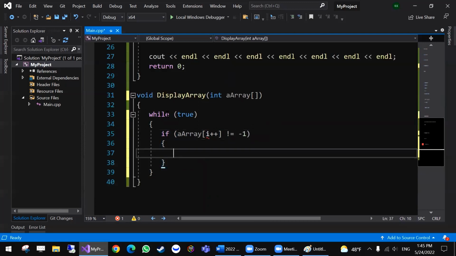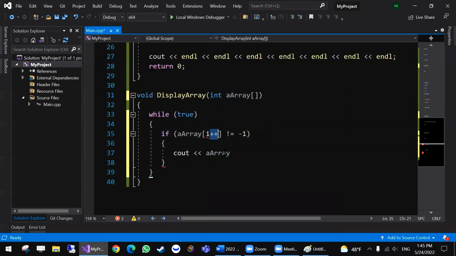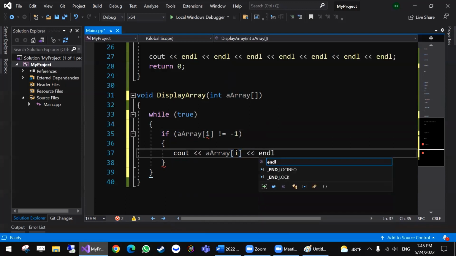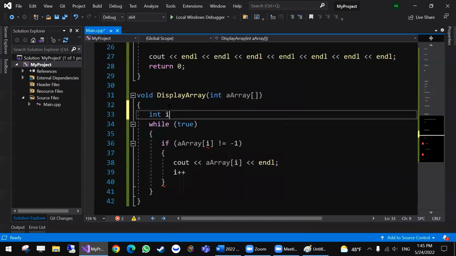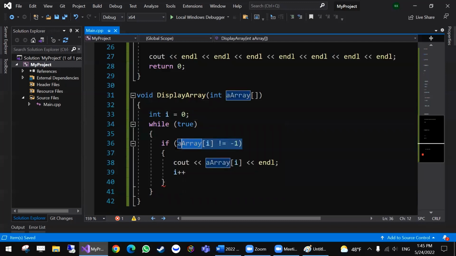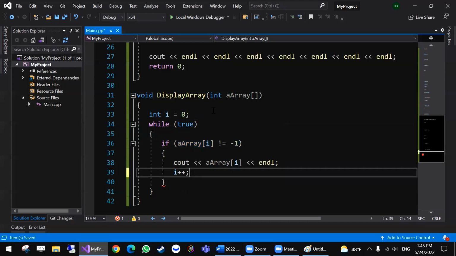If that is the case, then display a array. Oh, I can't do that here because I need it, and then I plus plus. Once you use it, do it. So here, int I equals 0. So I'm gonna start from 0, and as long as the value that I'm on is not -1, display it and keep going. So if I run now,